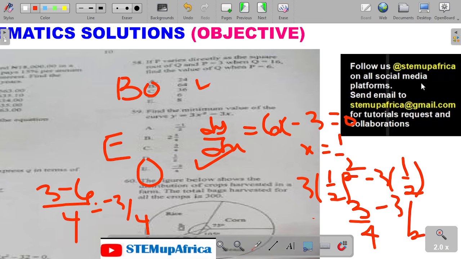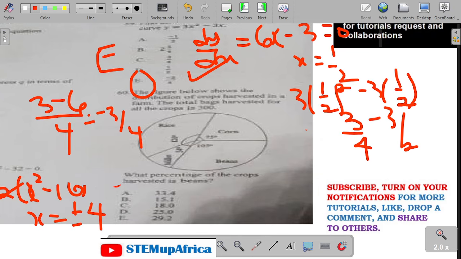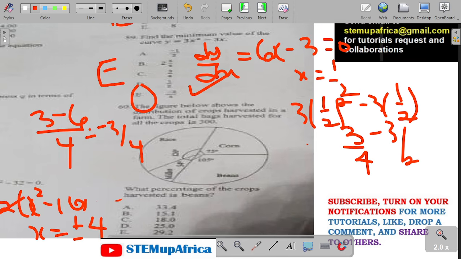59 is E. So let's do 60. It said, what is the percentage of cross in beans? Beans is 105, so I'm having 105 degrees over 360, over, okay, the total crop is 300. So instead of doing a ratio, I'm having 300 times